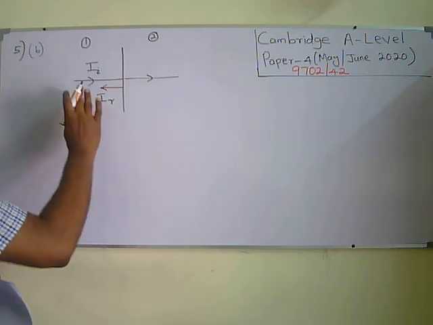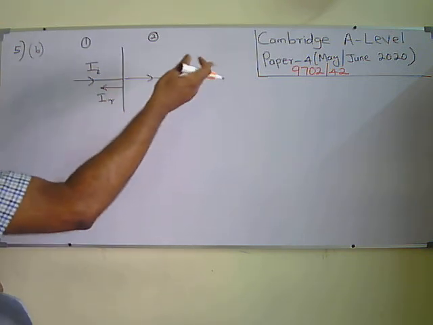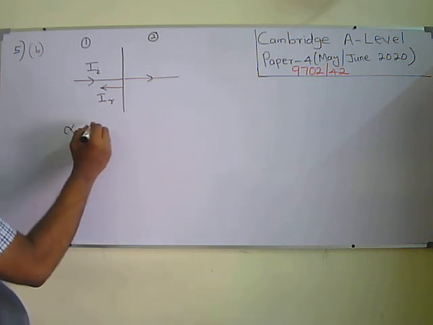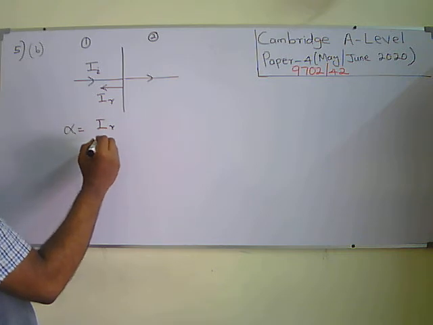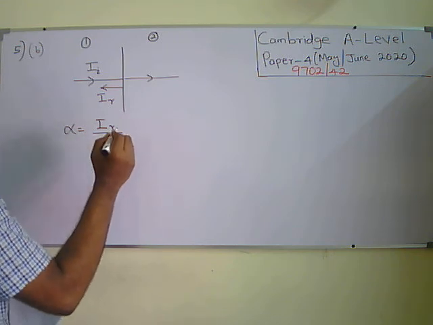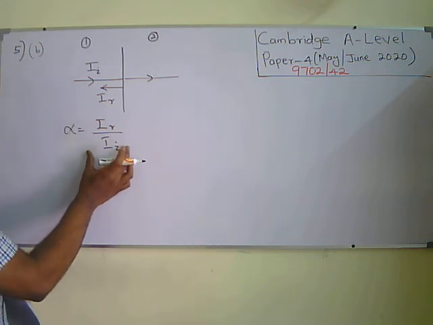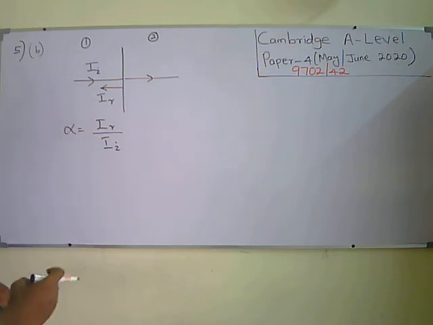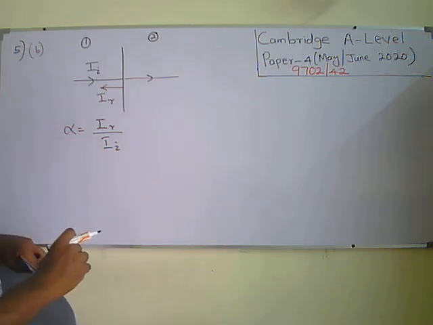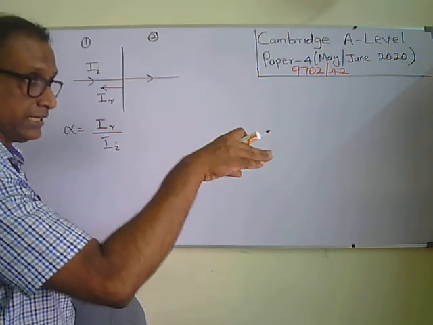How much of the ultrasound will reflect, and how much will pass into the second medium, is decided by the reflection coefficient, which is given by the intensity of the reflected ultrasound divided by the intensity of the incident ultrasound. If, for example, it is 100%, that means all the ultrasound will reflect back. So depending on this value, we can decide whether the ultrasound will reflect a lot or penetrate into the second medium mostly.